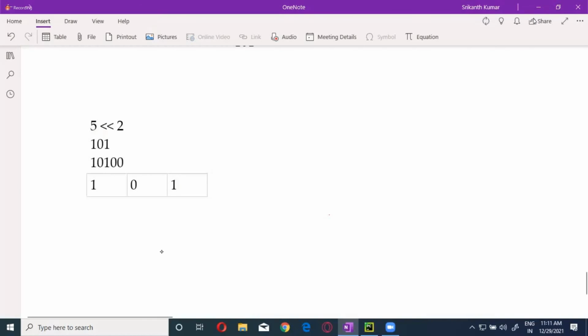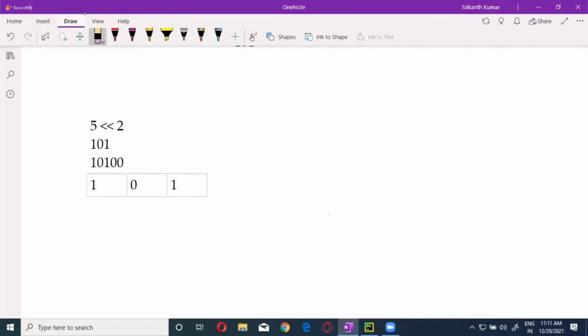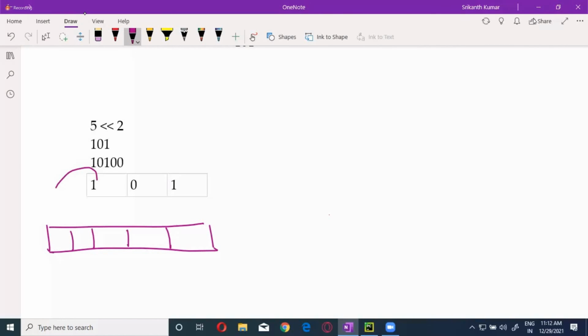This is 1 place, 2 places, 3, 4 and 5. This one will move 2 places towards the left. All these things come 1, 0, 1. What about these 2 places then? We are going to fill them with 0. Now what you get is 1, 0, 1, 0, 0.